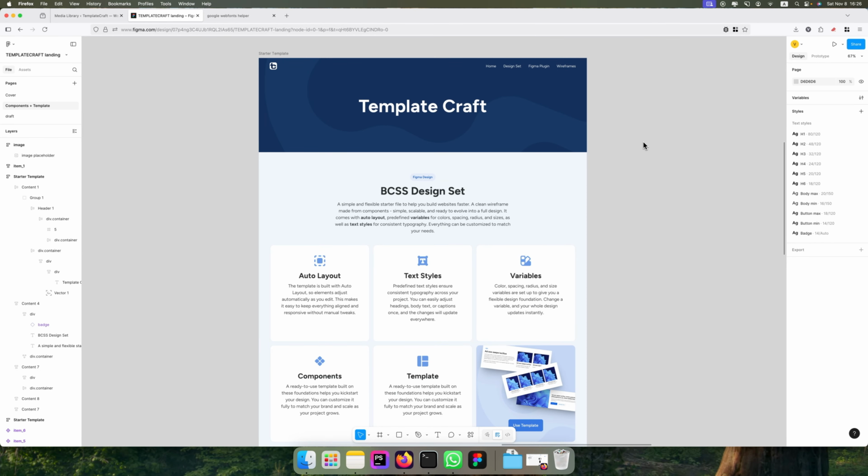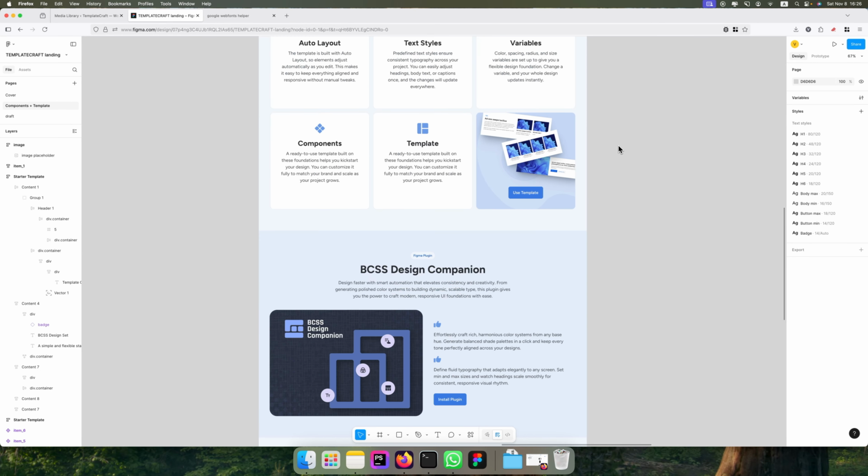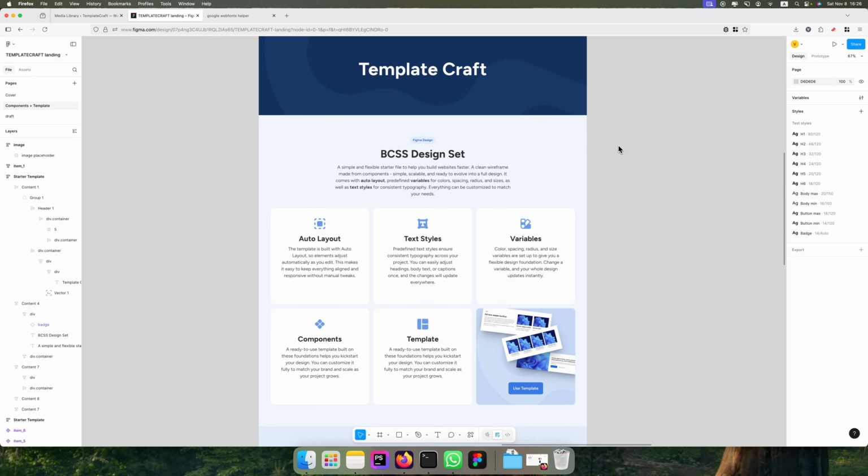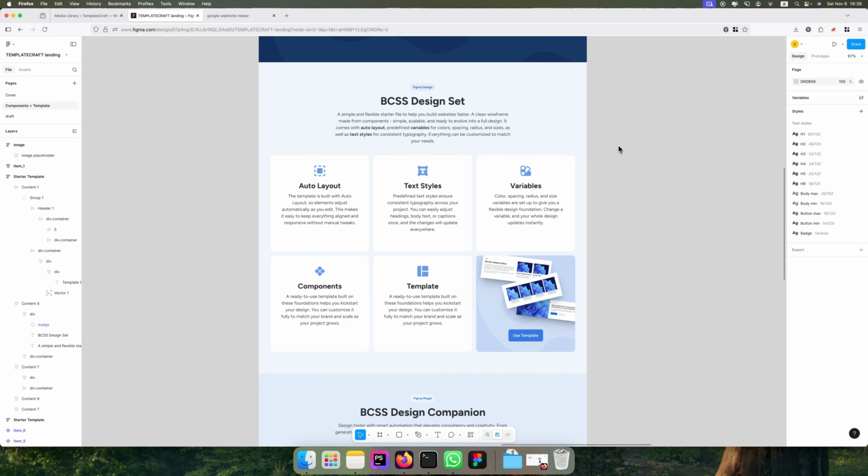I'm checking this Figma file. This is the design of the website that I will be working on. Actually, it's just one page site. Quite simple. It is called TemplateCraft, and this is the landing page for Builderius CSS framework design set, the